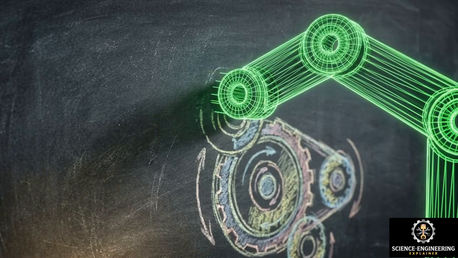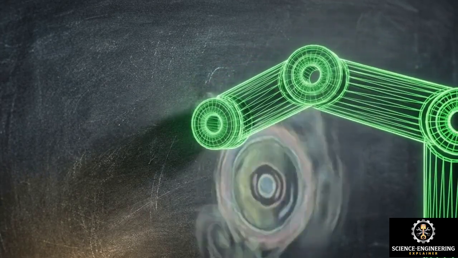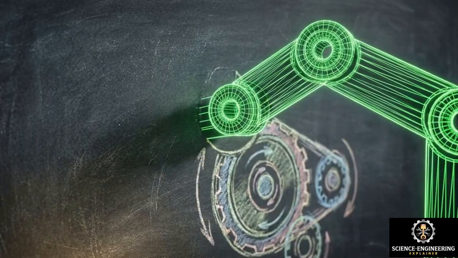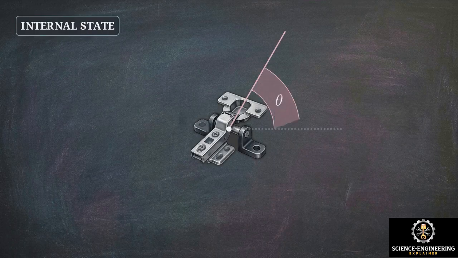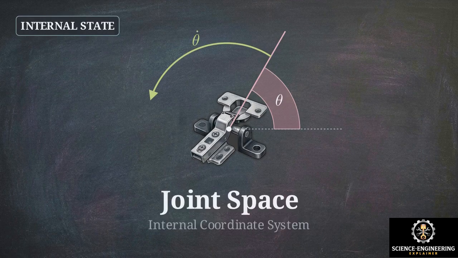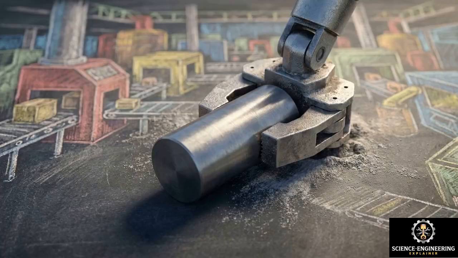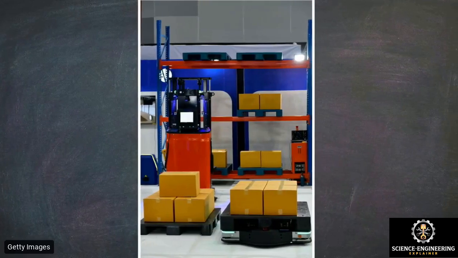A robot does not inherently understand the physical world. Its internal controller only receives data from its own hardware, specifically the angular position and rotational velocity of its motors. This internal frame of reference is known as joint space. But the tasks a robot actually needs to perform are in an environment defined by x, y, and z coordinates known as